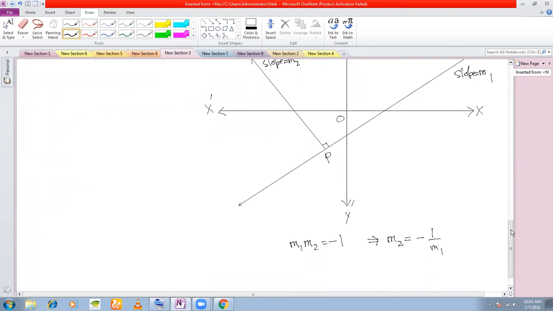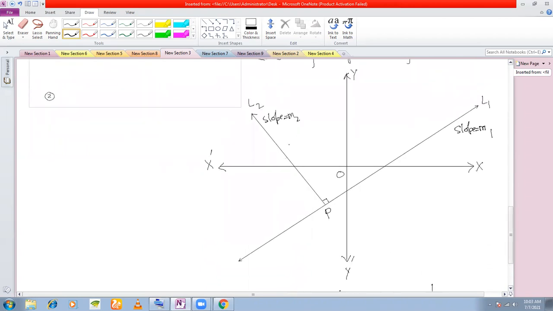That is, if I give you the slope of this, L2, as say 3, what is the slope of this? Take the reciprocal of this and with a negative sign. Is this absolutely clear? How to take the slope of the perpendicular line? If I have the slope of this as say 5/3, then what is the slope of the other line? Take the reciprocal of 5/3, 3/5, and put a negative sign. Okay, that is the opposite sign in fact.